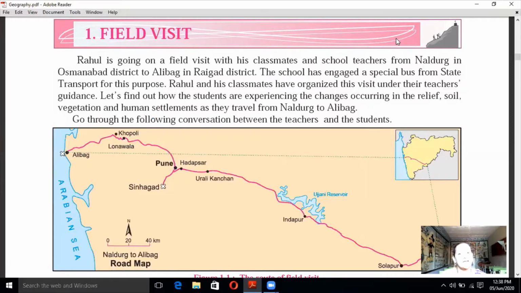Now see again in your textbook that we have to find how the students are experiencing the changes occurring in the relief, soil, vegetation and human settlements as they travel from Naldurga to Alibag. Now, students, you will see the map in the book, and how the teacher shows the students